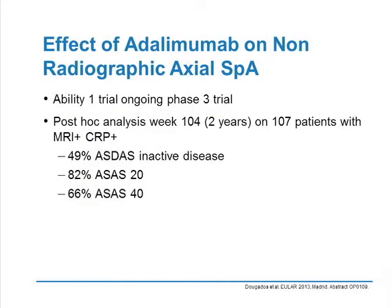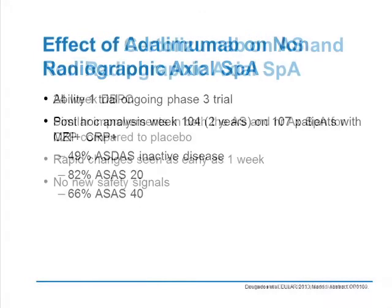The effect of adalimumab. This is probably the longest trial, looking at 2 years in non-radiographic disease. This was a post hoc analysis done on 107 patients that had positive MRI findings, not radiographic findings, and an elevation in CRP. As you can see here, almost half, or 49%, reached some remission rate for ankylosing spondylitis, and 82 and 66% reached ASAS 20 and 40. Then we looked at